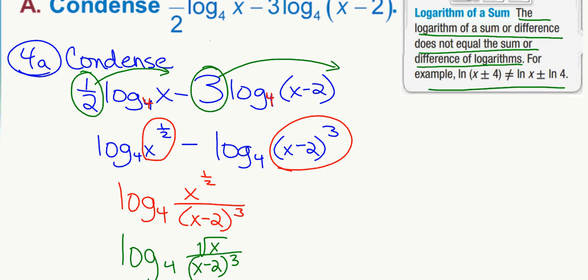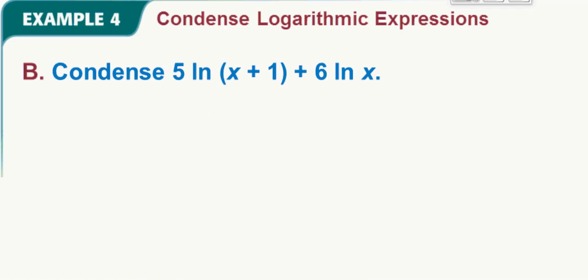So same thing here. At this point in this one, we can't write that as two different logarithms. That parentheses x minus 2 just stays by itself there. Then we'll move on to 4b and another condensing problem. So 4b, condense